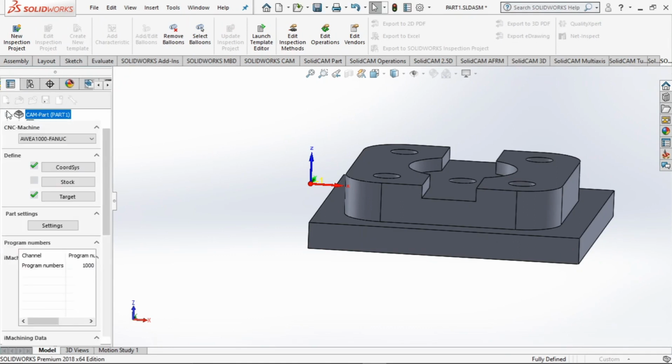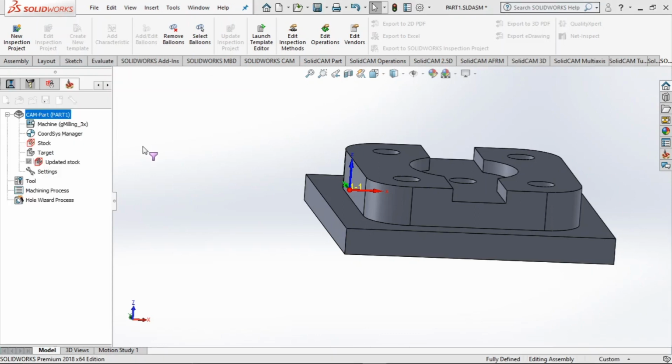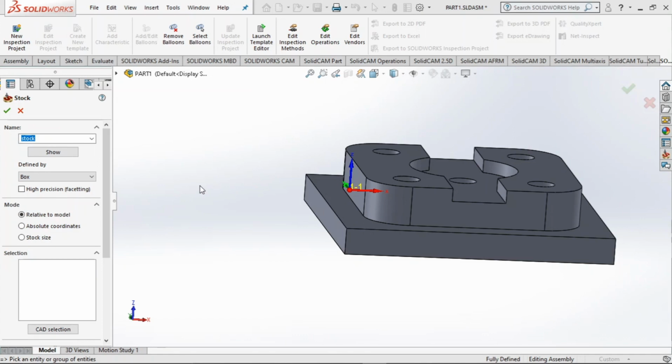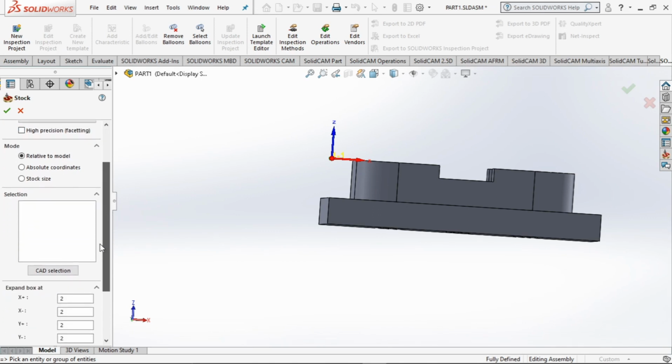Alright. Now we have to select the stock. Stock means the raw material iron bar, which means the mild steel bar for this case. So when we get the block, it is not exactly the dimensions of this, it should be more than the dimensions of the final component, right? So you can select whether it is a cylinder or anything. So it is a box here, right? So relative to the model,